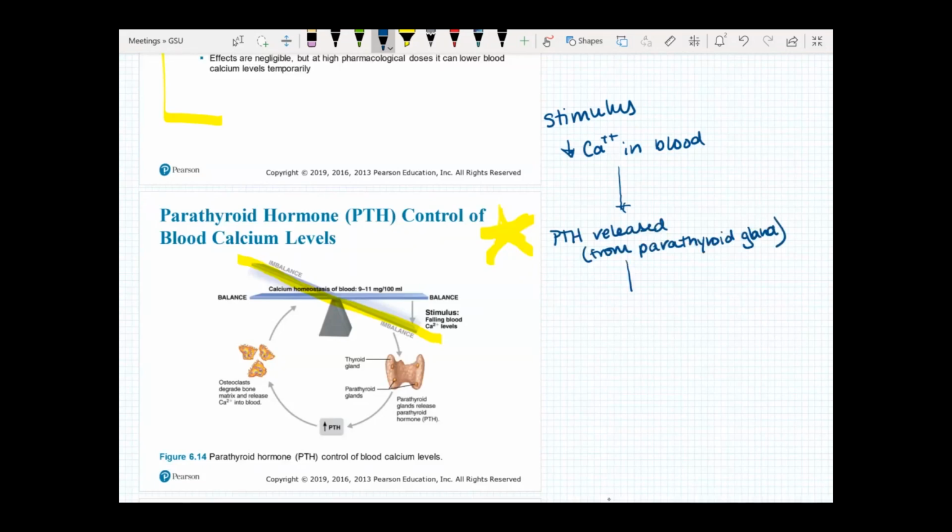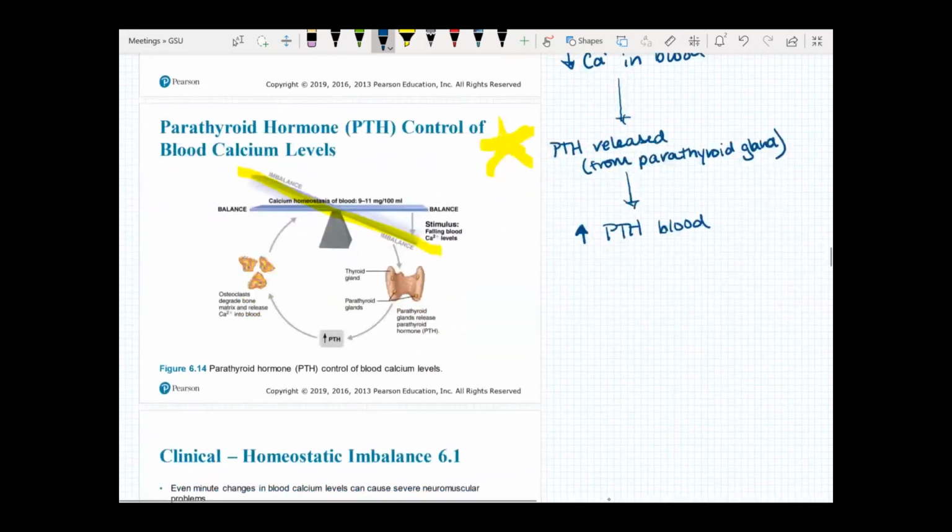If I release a hormone, guess what it's going to do? It's going to increase the levels of parathyroid hormone in my blood. Because we just released it, it'll go up. Parathyroid hormones are very, very cool, because what parathyroids do is they will actually cause your osteoclasts to work. So if I increase the level of parathyroid hormone in my blood, my response is going to be that my osteoclasts will degrade or resorb